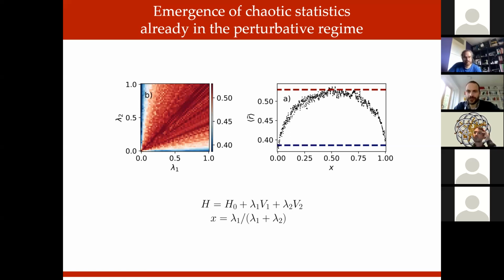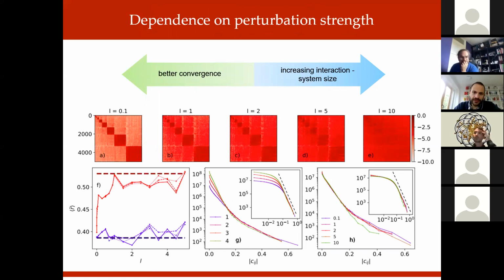Right, so I hope this makes it clear. In this plot, I'm showing more explicitly what's happening when we increase the parameters lambda, which are encoded in this differently named parameter L here. So when L increases, and this L controls both the lambda 1 and lambda 2 that I showed before, then for small values of L, we are in the perturbative regime, and the eigenvector matrix, so just the eigenvectors one after the other, has this very particular form that can be explained exactly by degenerate perturbation theory,